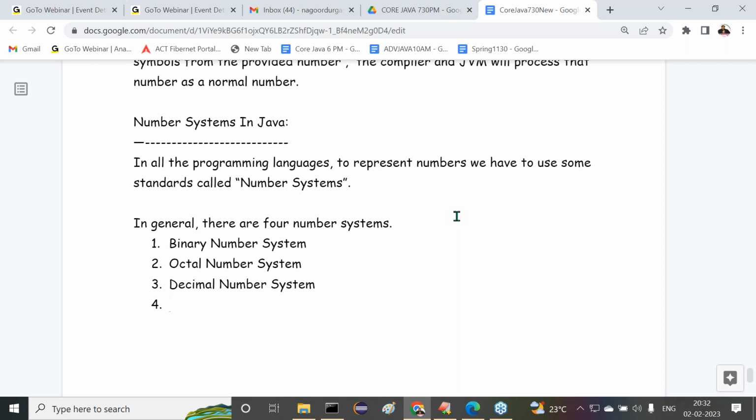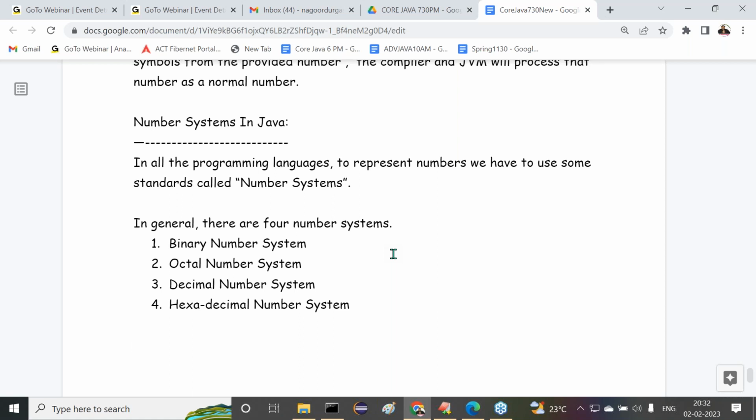And the fourth one is the hexadecimal number system. These are the number systems available in general in computer science. Overall, binary number system, octal number system, decimal number system, then hexadecimal number system.